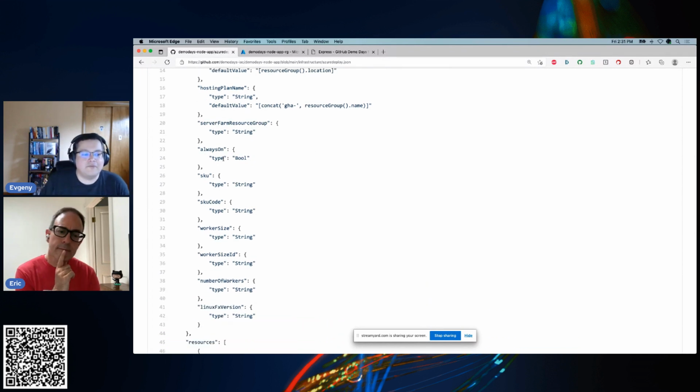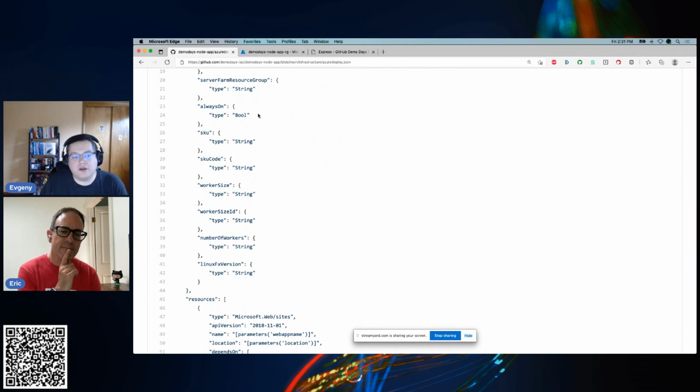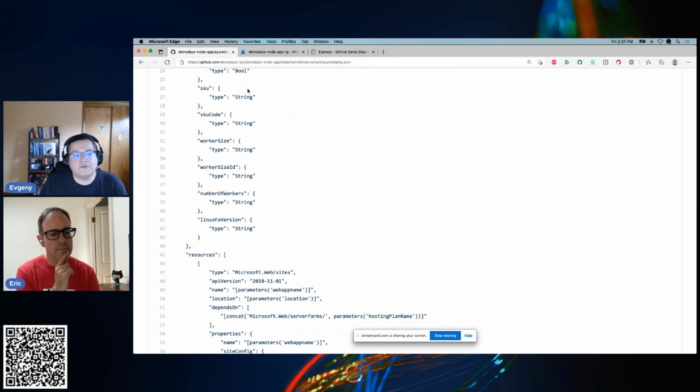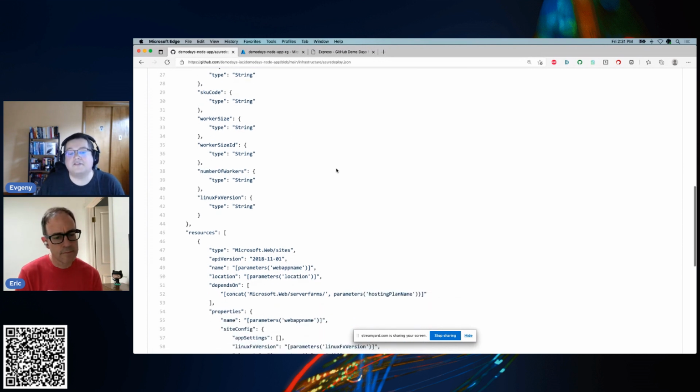And then a few of these are fairly regular, like whether we want the application to always be on, what kind of SKU this offering falls under. So these are almost like accounting type pieces that we have to provide in order to provision the infrastructure, right? Because this plugs into the actual Azure cloud and into a subscription. In this case, this is my test subscription.